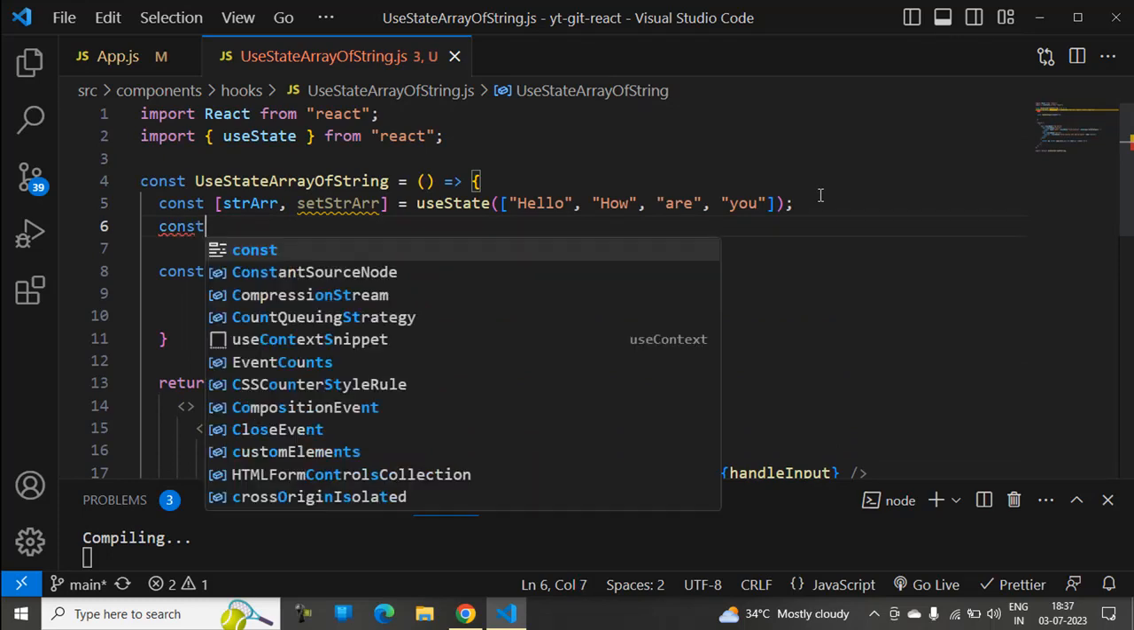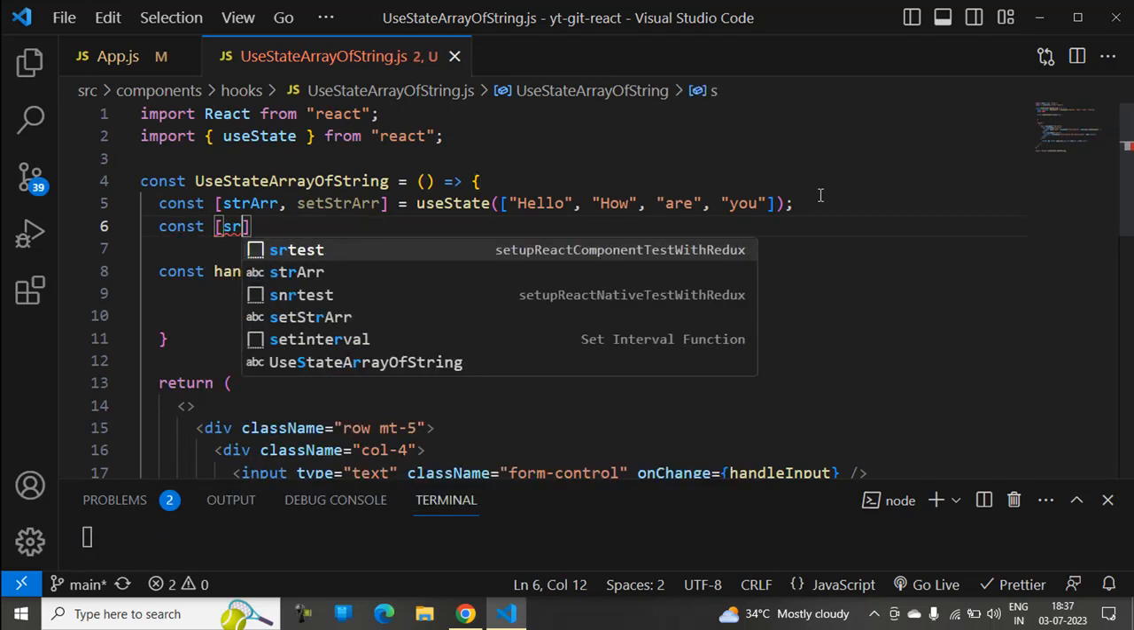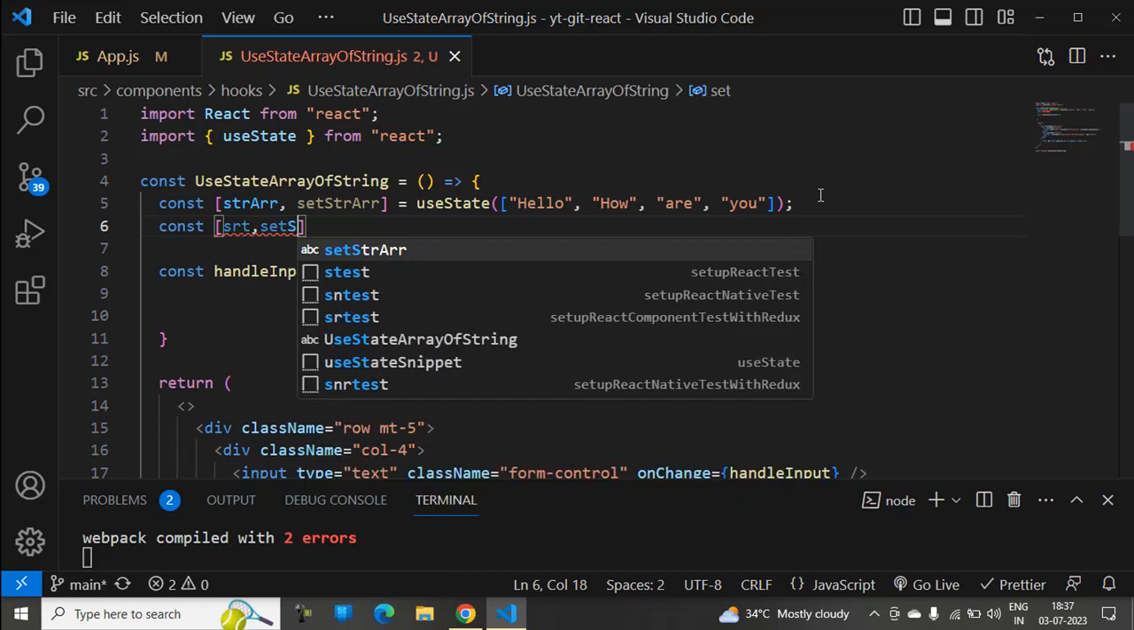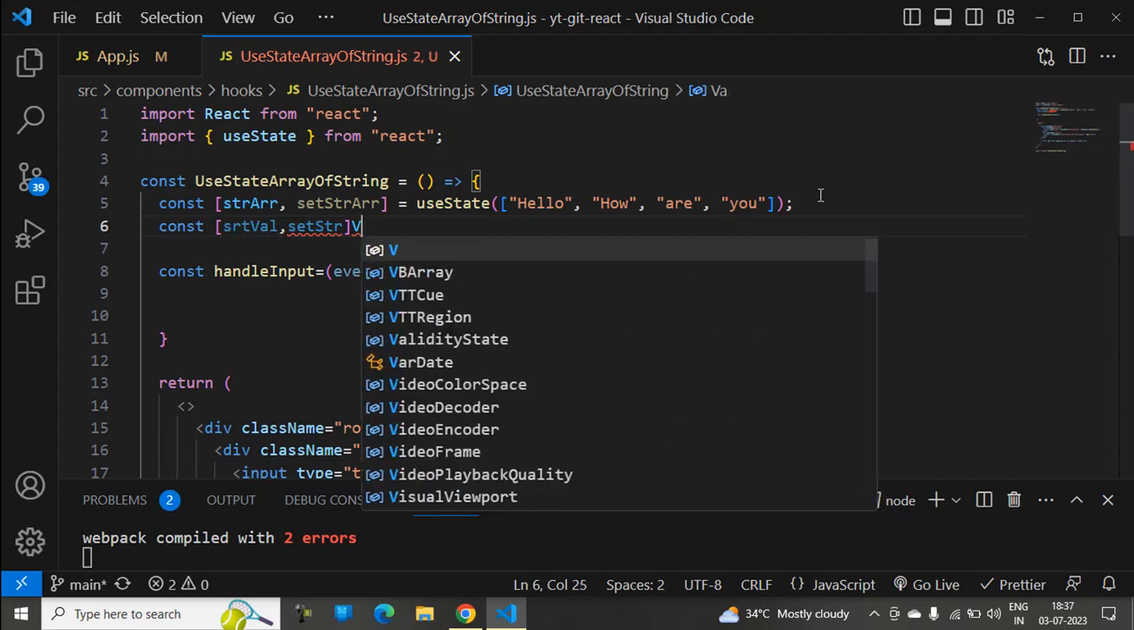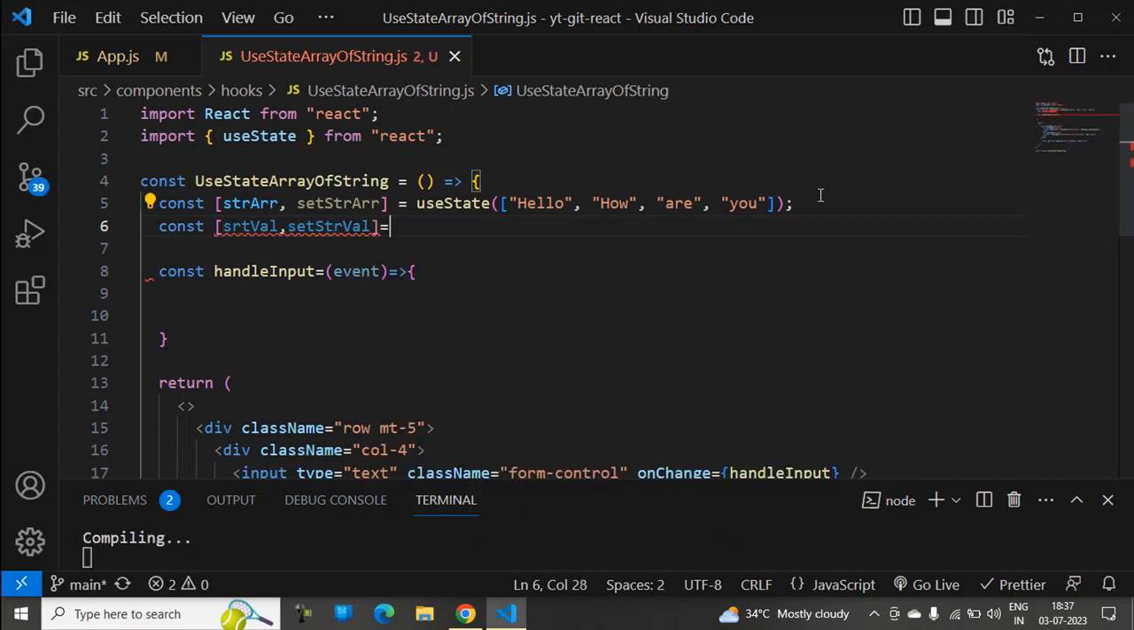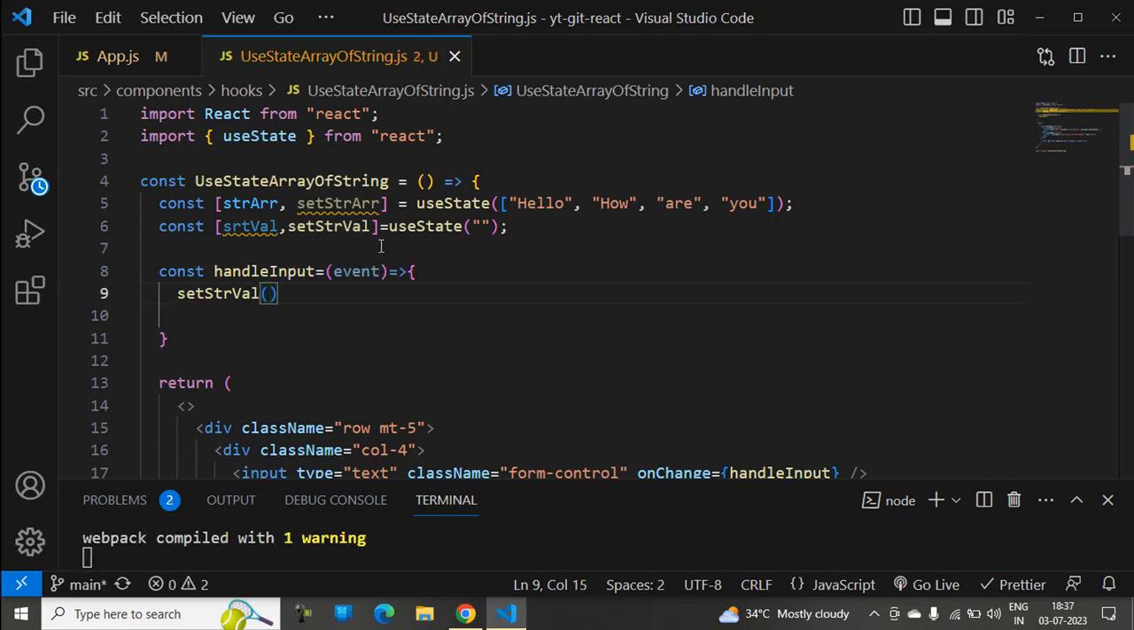Here the value is str, an individual value, that's why setStr. Don't get confused with str; you may get confused, so strVal, it is setStrVal, we can give val, and after this use useState, and that too it is a string, that's why keep it as empty brackets. And here let's get the value into setStrValue, Control V, and within the parenthesis we'll focus on this event, Control C, Control V here, and dot